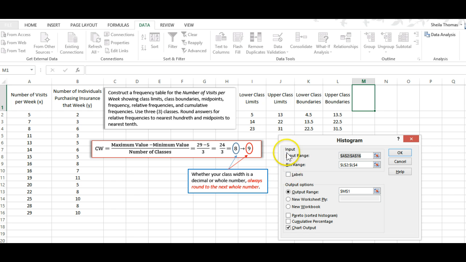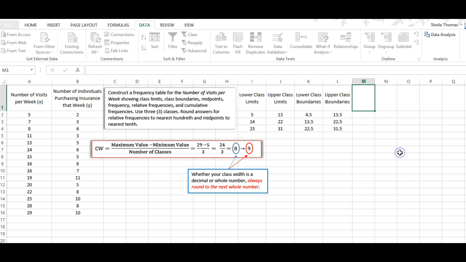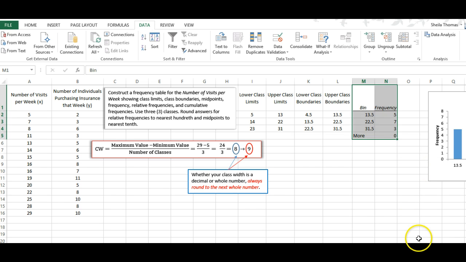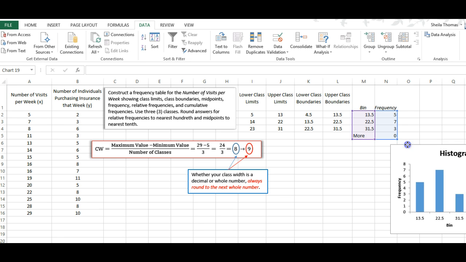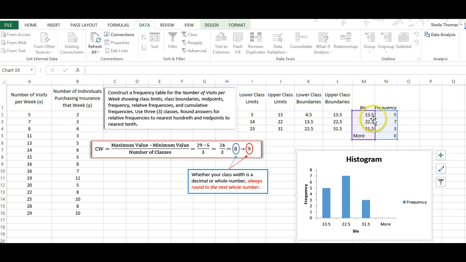I don't check labels because we're not using any of the labels. My output range, in other words, where I want them to put the table, is going to start in M1, and I want to do a histogram, so I click the chart output button, and then I just click OK. Now notice, I'm going to bring this over here,